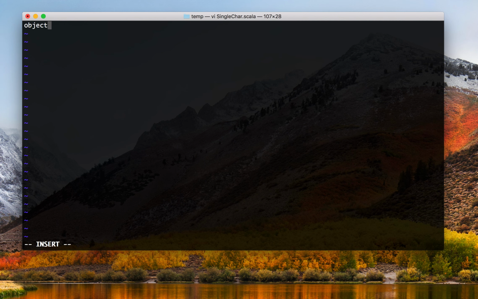Okay, as usual, object SingleCarInput. I'm going to quickly type the program because we have been seeing these kinds of programs many times, so I will be relatively quiet when I'm typing the program. Okay, now in my body, I would just prompt some message, enter